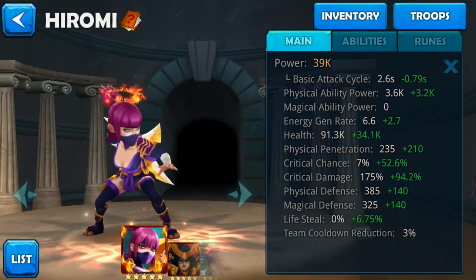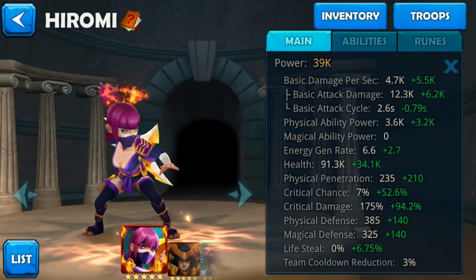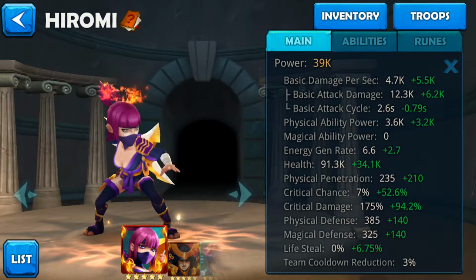There's a team cooldown reduction, 3%. I don't know what the heck that means. That's new. I don't remember seeing that. Maybe they added that just to make them not too OP because Budo heroes are very, very strong. But anyway, that's what I put, and then the other things that you really want to basically maximize